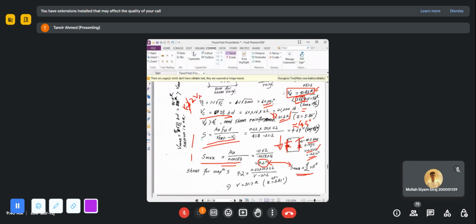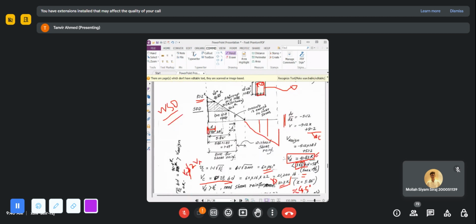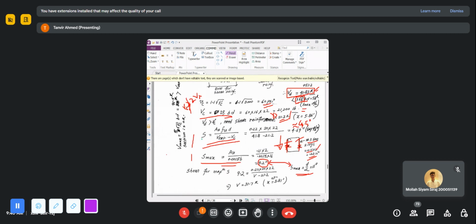Okay, now for this maximum spacing, at what shear force does it come? That means in this triangle, at which point can I provide the maximum spacing, for which shear force, that I have to calculate. Okay, so to calculate that we can use the same equation, we can use this equation. In this equation, instead of V design, we calculate a V value with this maximum spacing. So here instead of S, I put the maximum spacing. VC will be same, AV, FVD, all of them will be same as these ones. The values we got here will all stay the same. The only difference is we use the maximum spacing here, and we get the value of shear force at which we have to provide the maximum spacing, and that force is